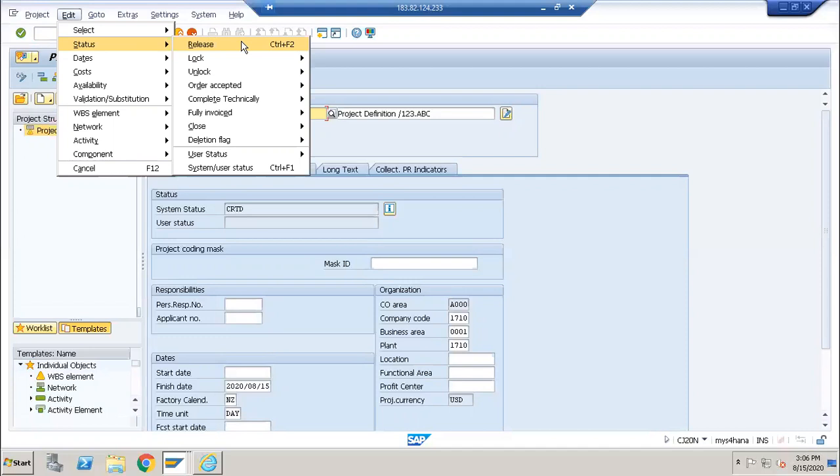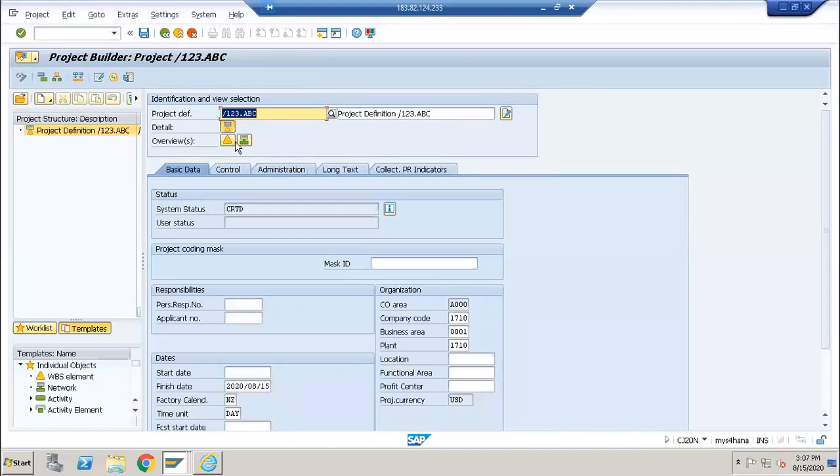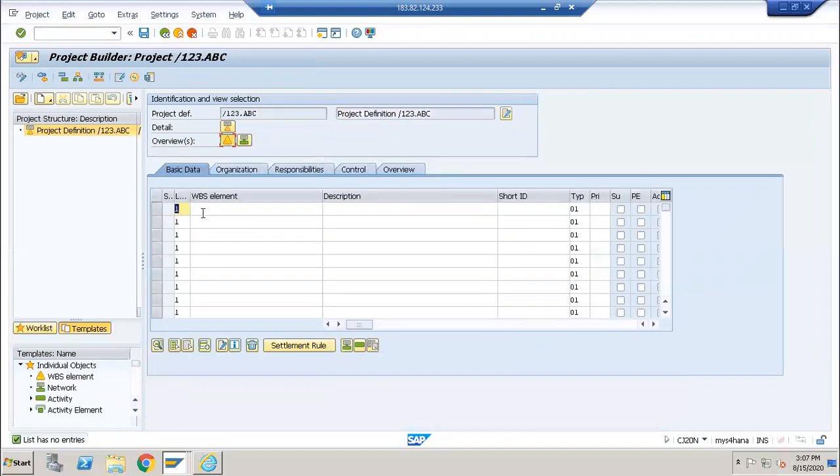Basically, now our idea is we will create a turbine project. We will create a project structure that we have already seen, and now create a WBS element. Under the WBS element, we create a network and activities. Okay. So this is a detailed structured project definition, and now I'm going to WBS element. Click on this triangle. So I will have a character like a main WBS element.